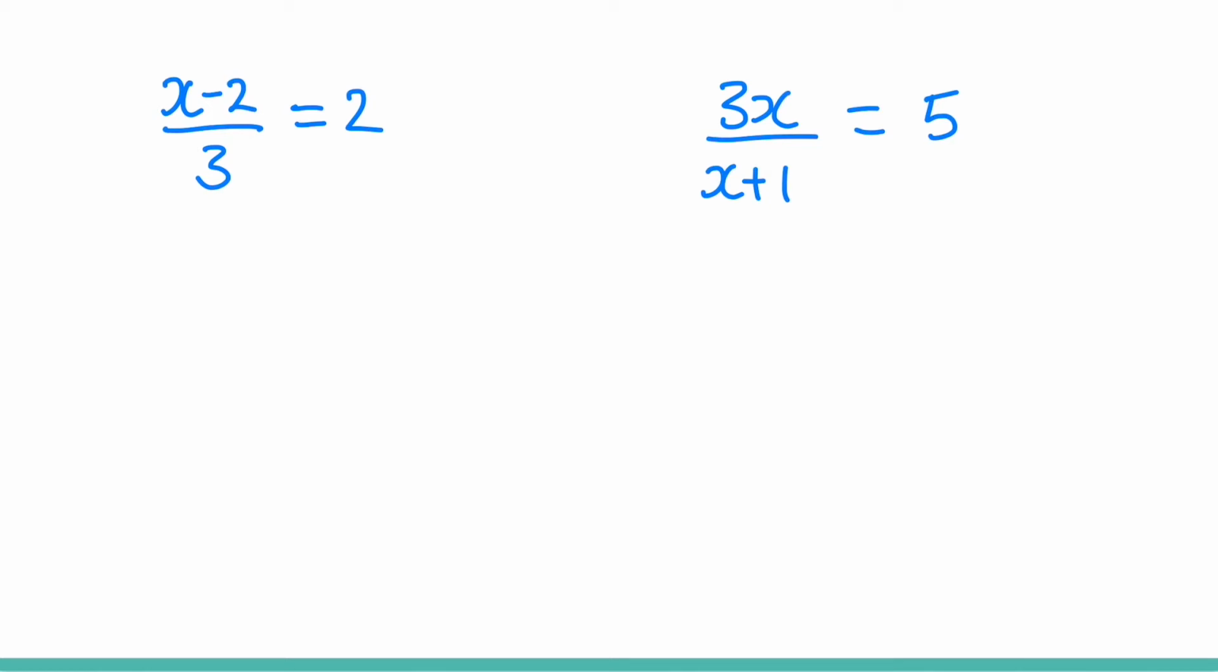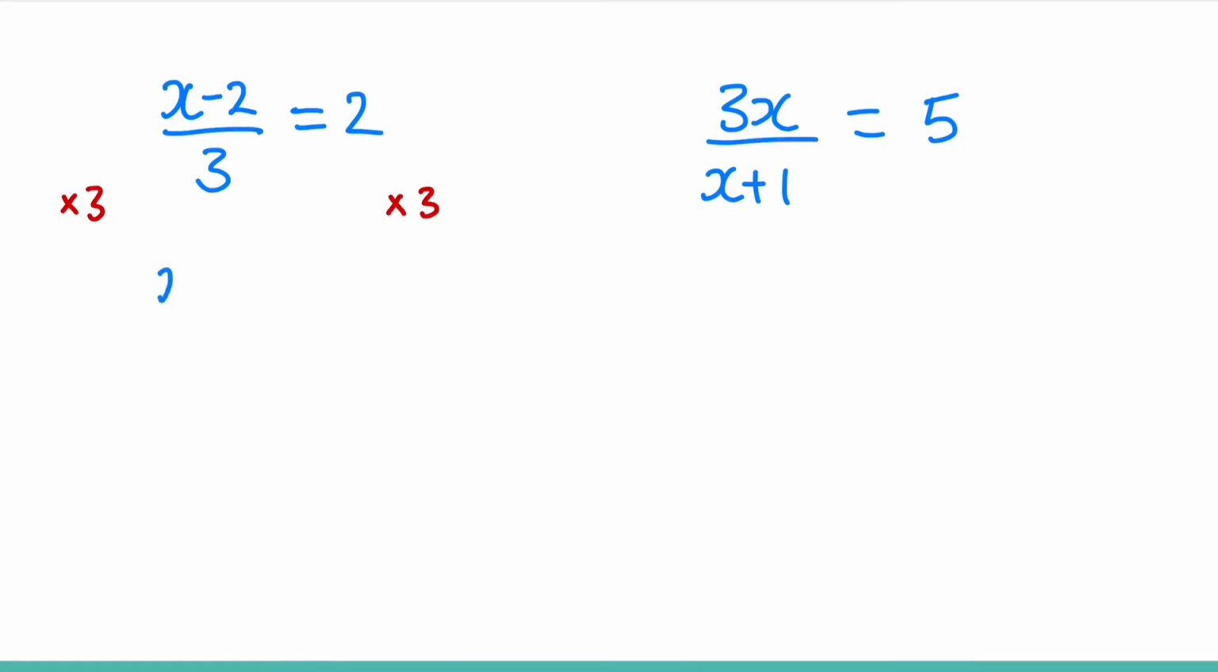So if we're solving with fractions, the golden rule is always to get rid of the denominator first. And by the denominator, we mean the bit in the bottom of the fraction. At the moment, we're dividing by the denominator on both of these, and therefore to get rid of it, we need to times everything by that denominator. So that's all we're going to be doing to get rid of it. So we need to times both sides by 3,